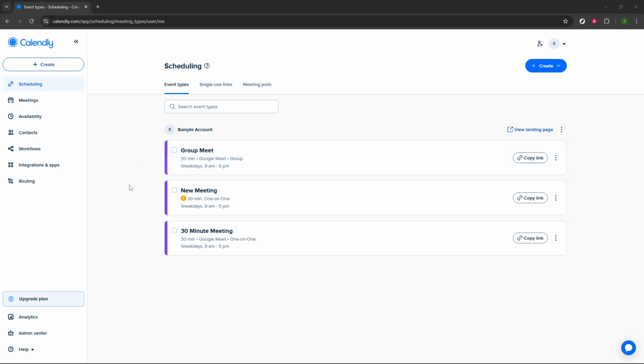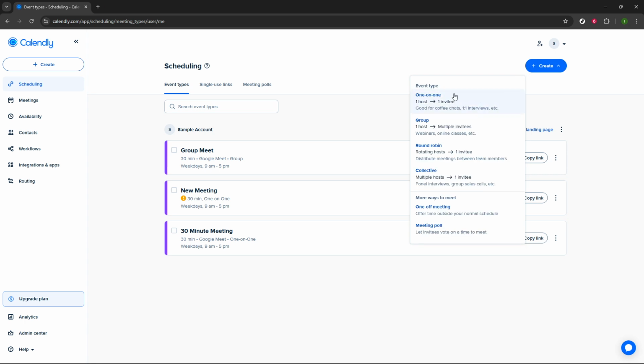First, log into Calendly and head to your scheduling page. This is the home base where all your event types live. Click the plus create button to start a new event. You'll be asked to choose your event type. If you meet with one person at a time, pick one-on-one. If you host sessions for multiple people at once, like a class, an info session, or a group demo, choose